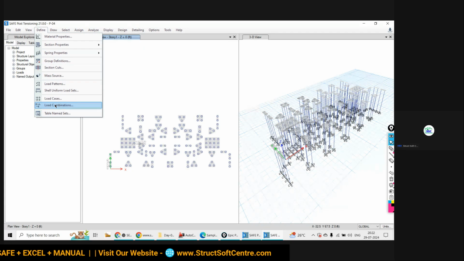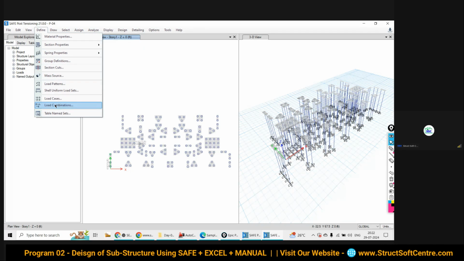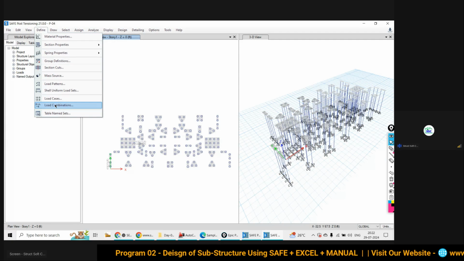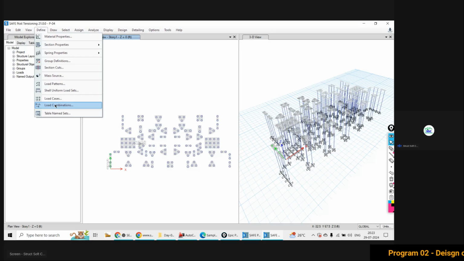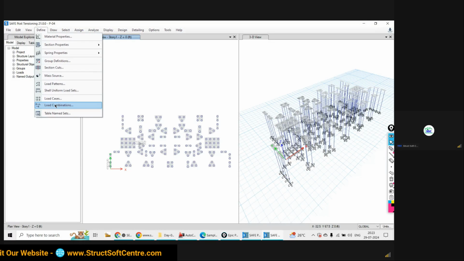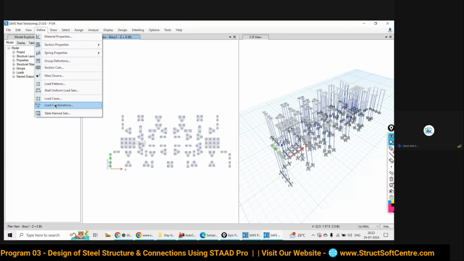Suppose you are dealing with a tall structure subjected to gravitational loading as well as lateral loading, like dead load, live load, earthquake and wind, and you analyze both static and dynamic analysis.